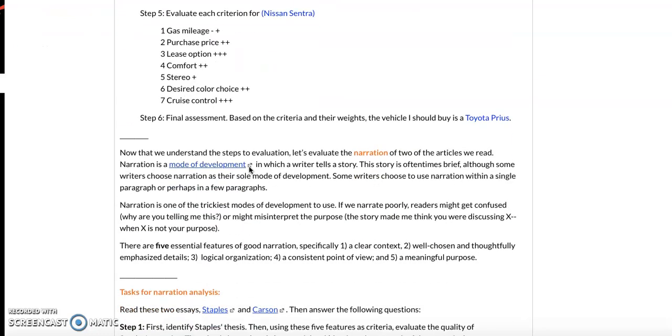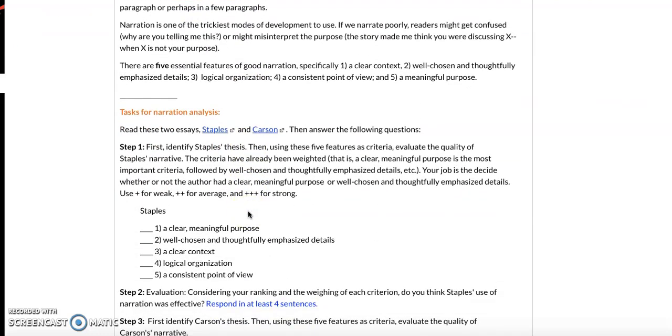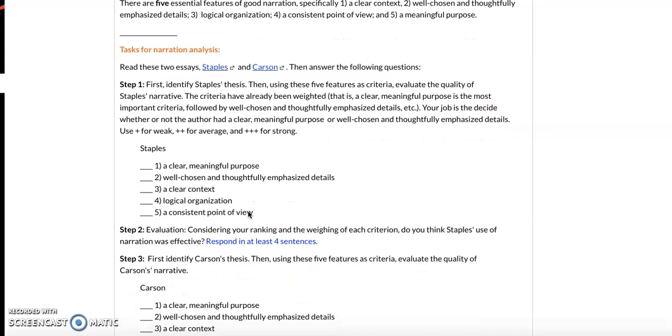So in this case, we were evaluating the use of narration. Now, narration is a mode of development that oftentimes we don't think about using in academic writing, but it's actually one of the most powerful things we can do. And I think a lot of people recognize that. When I asked you guys what your favorite readings were, a lot of people said, I really like Staples, which was a narration, or a lot of people said, I really like Hutman. Hers is a narration as well.